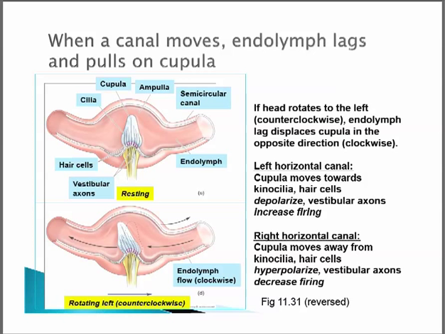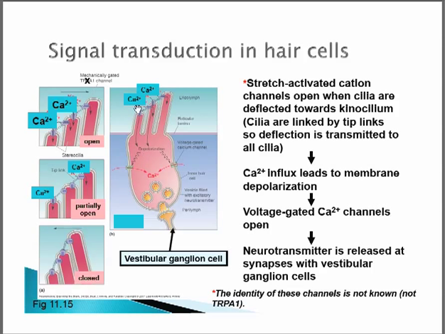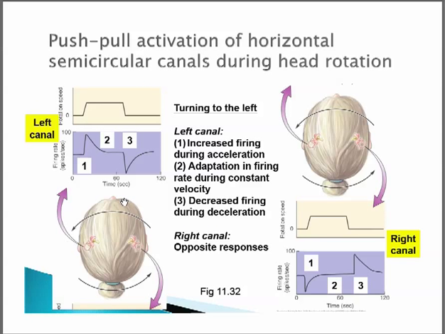All right. So in terms of the hair cells themselves, depolarization is if your hair cells bend this way towards the highest point, and this is the kind of cilia. So when they are stretched this way, you have depolarization. When they're stretched this way, then that's hyperpolarization, okay? So let's go back to rotation left. So basically your head is turning